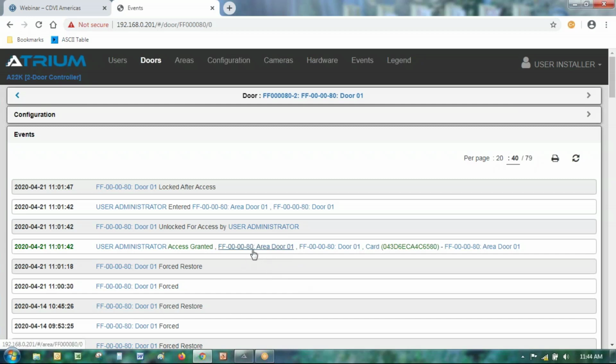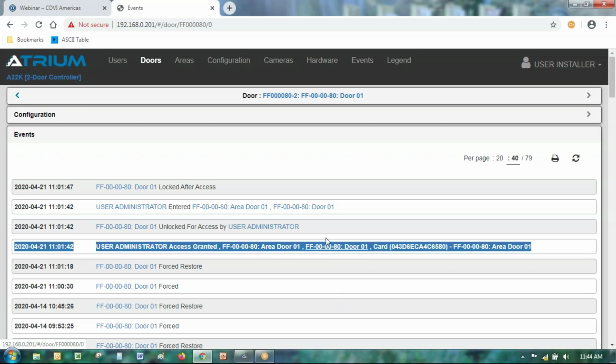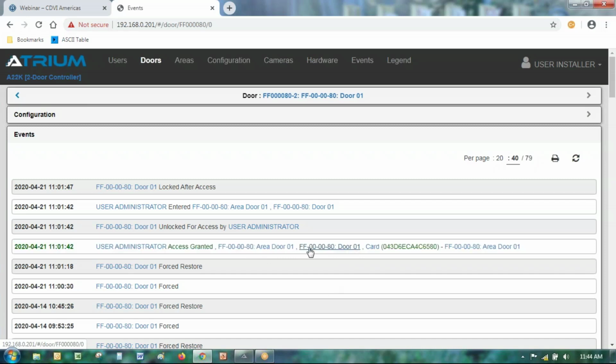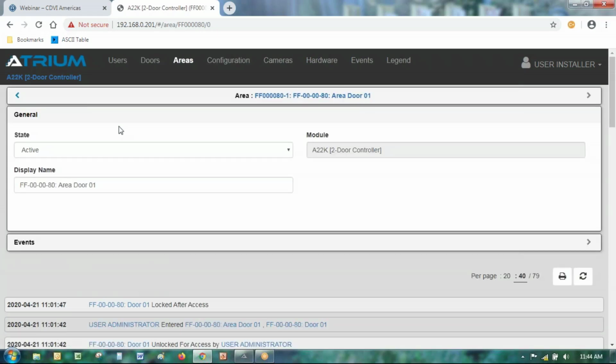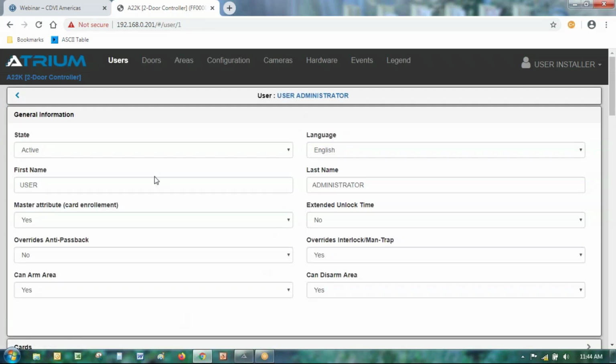So if I click on the door 1 over here, there we go. It brings me to the actual menu of the thing I clicked on, user administrator. If I click on that, it brings me to the administrator. So it's a hyperlink, if you will, to the actual object that you're clicking on, a shortcut, in other words,